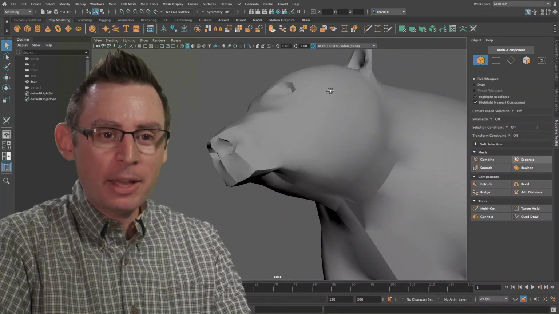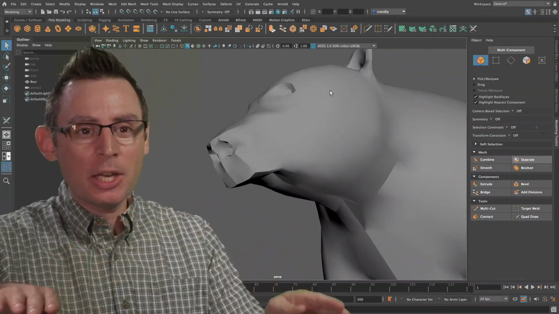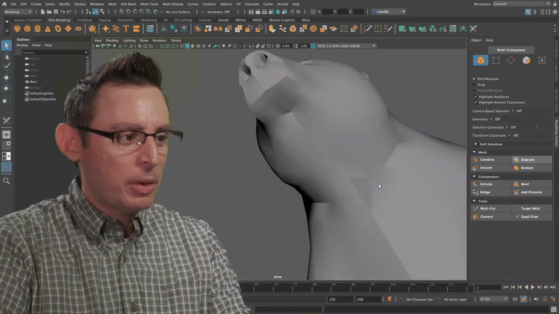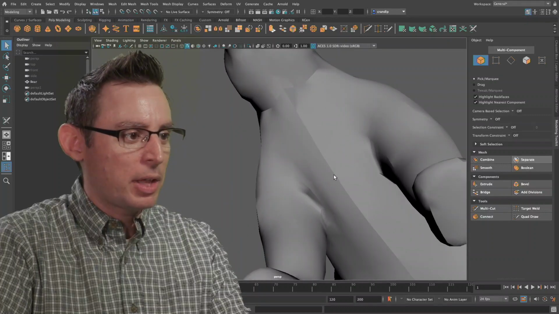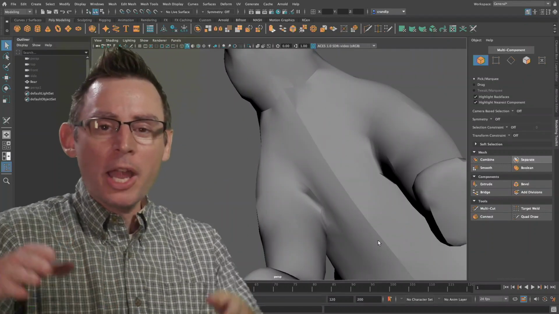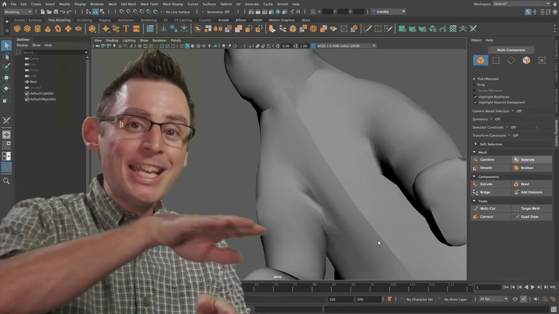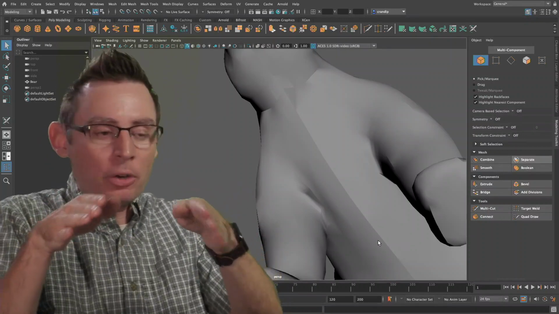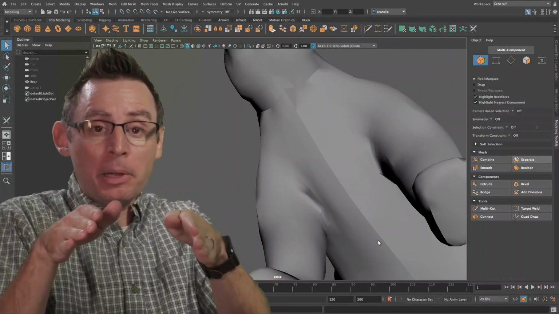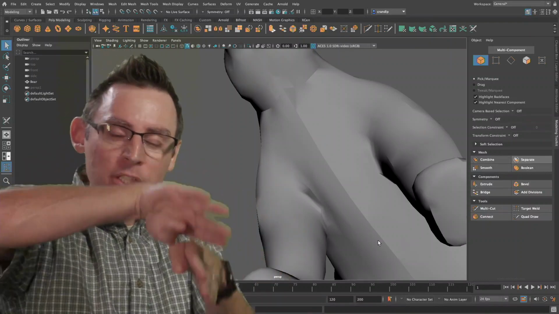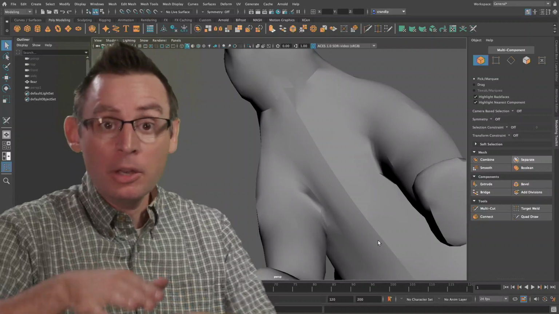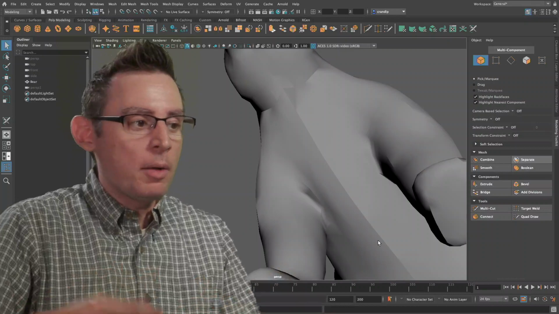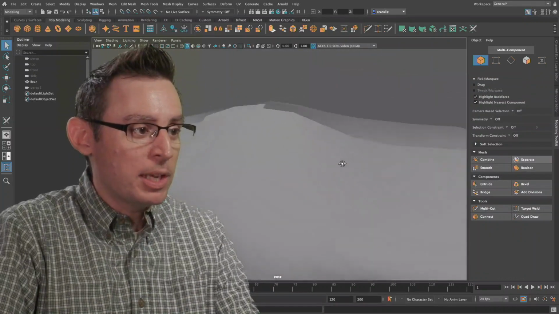As we start to analyze how the surface shading engine is looking at all these polygons, we're seeing some real weird funkiness. You see that big line there? And then also we can very visibly see the center line of my mesh. These edges are not allowing the surface shading engine to smooth over those polygons. It's treating each polygon as an independent polygon, and it's not understanding that there's a connection there, and it's not smoothing across. We want to fix that. We want to ask the surface shading engine to smooth across those edges to make a nice smooth shape, and we see it on the back here as well.